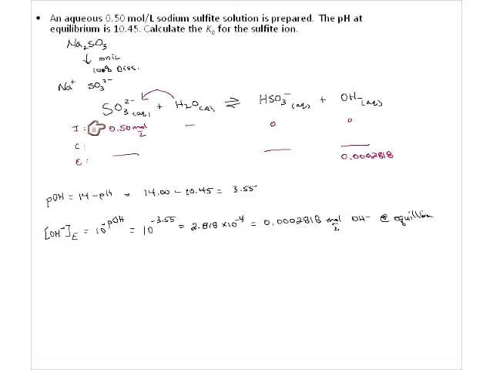So they gave us an initial concentration of sulfite. We could figure out the equilibrium value of hydroxide by doing these two calculations below. And lo and behold, now we can start filling out our ICE table. The OH- must have gone up by 0.002. That means the hydrogen sulfite went up by 0.00281 as well, which means now we know our equilibrium value of HSO3-. These guys both went up by 0.0002, which means the sulfite must have gone down by